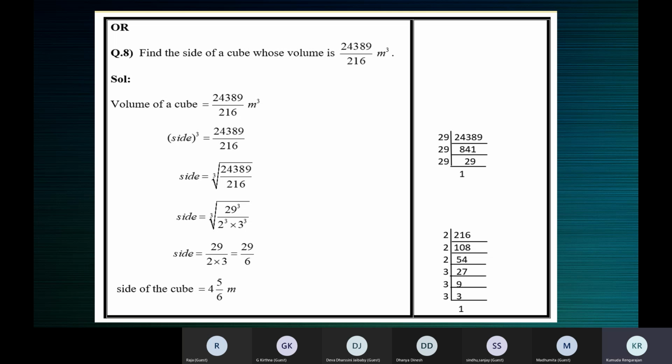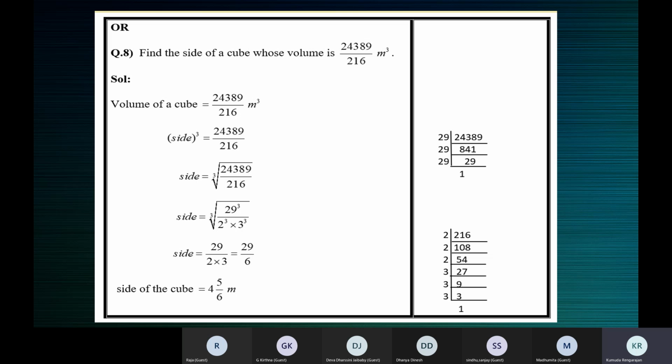What happened, children? Ma'am, 25. Okay, 25 into 25 into 25 is 125? No. 5, ma'am. Don't ask me, you must tell me. It is 5, ma'am. Yeah, it is 5. That's right. Good. Because 5 into 5 is 25, and 25 into 5 is 125.